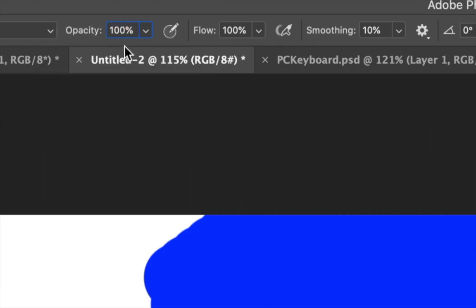You can also use your number keys to control the opacity of paint coming out of your brush. If I press the number 1, the opacity will be 10%, 2 for 20%, 3 for 30%, and so forth on up to 0, which would be 100% opacity. If you want something exactly between the two 10s, you just quickly press those two keys. For example, 8-5 for 85%, 3-4 for 34%, 5-6 for 56%.